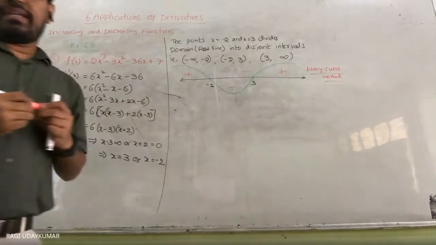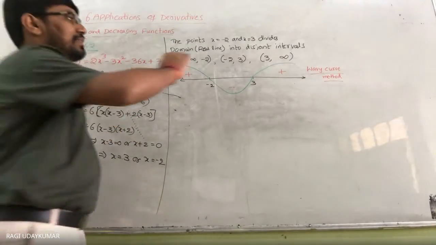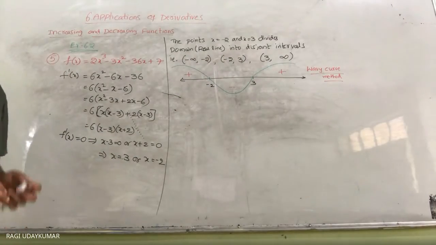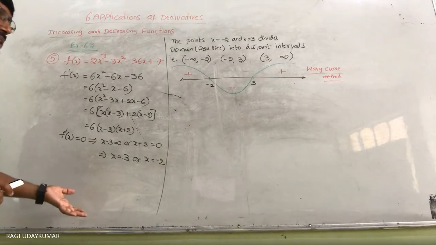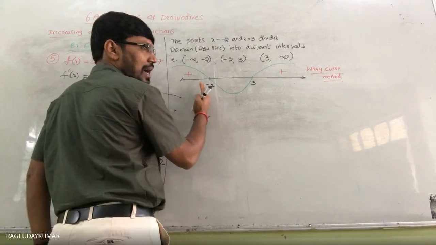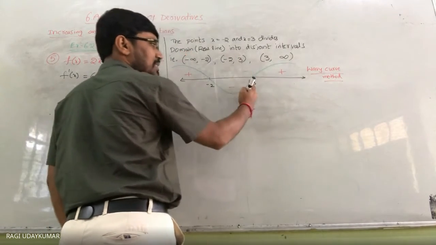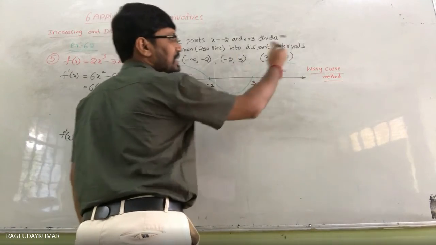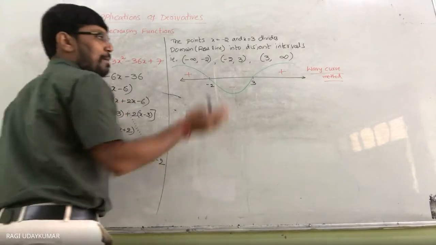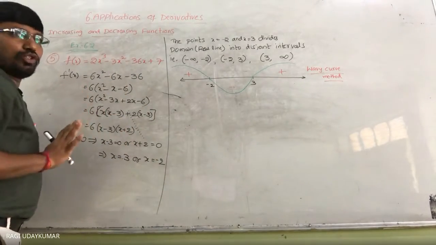You can use it in the exam also. Doesn't matter. Okay. So here, in this interval, you have to decide the intervals first. After deciding the intervals, this is the left side value, always left. Next, the right side value. Now this is the uppermost value, 3. More than 3, any number. If you are taking 3, the f dash of x becomes 0. If you are taking minus 2, f dash of x is equal to 0.